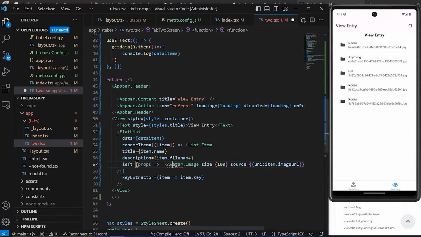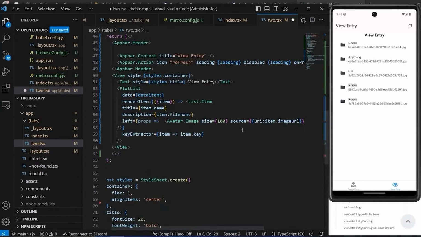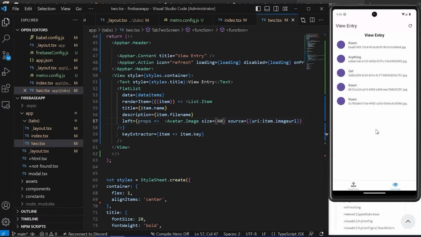Also we'll update the import from React Native Paper, Avatar, and let's change the size to a little smaller. I think this one should be loading the image, and you can see we have all the images getting loaded